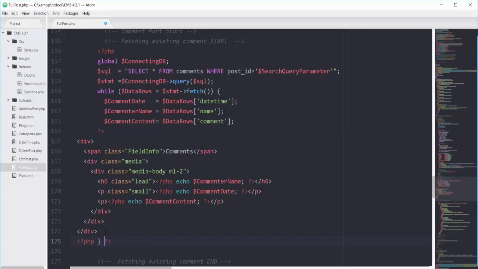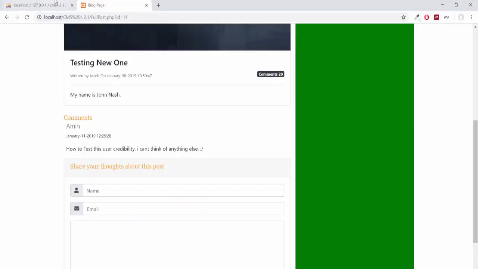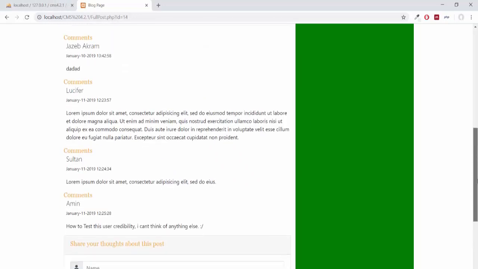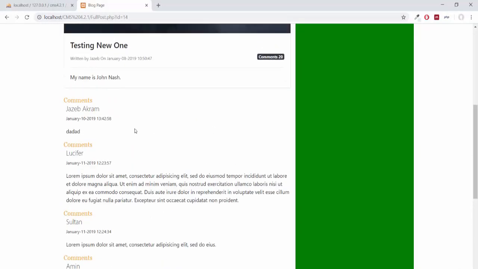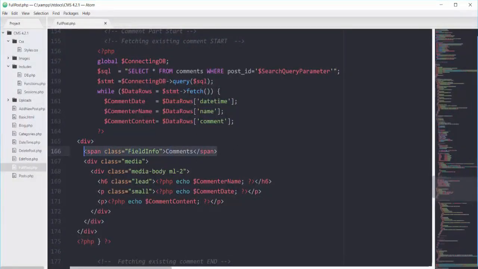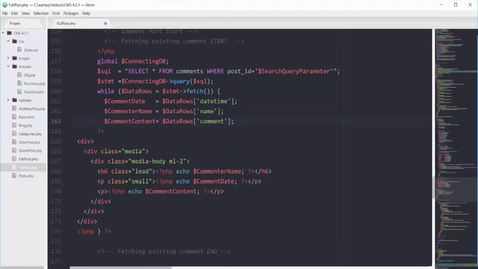So if I save this one and refresh my page, you can see we are fetching all the comments, and we are having this comments span at every single comment, which is not good. So I can remove this span from line 166, and let's put it before our PHP.